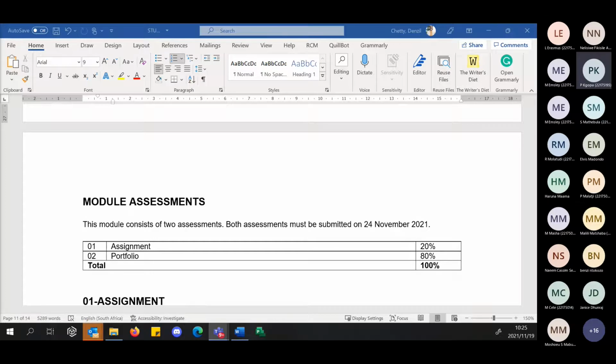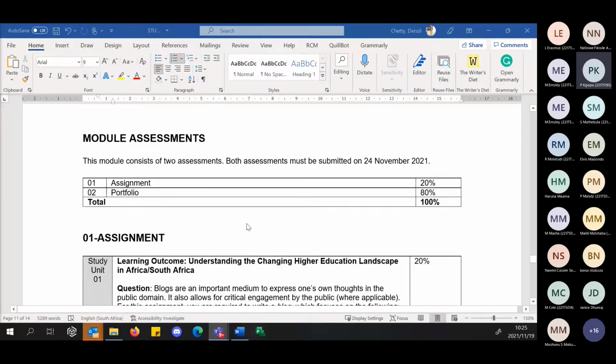Okay, colleagues, let's see. I think we all are back now. So let's look at the module assessment, because the colleagues have already started the discussion on it. Let's go forward with it. If you can just put a thumbs up, then at least I know that everybody is back. Okay, perfect, thanks, colleagues.